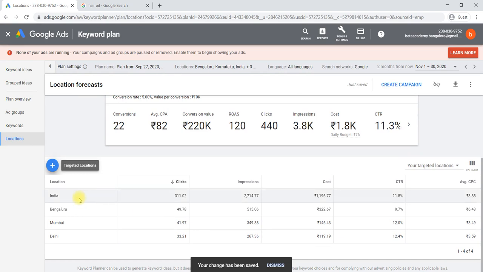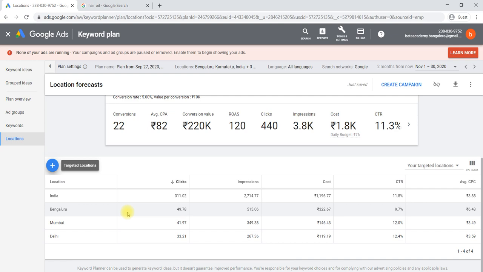Where exactly does which location have the highest clicks and highest impressions? We can compare them. City-wise we can compare which city has the highest clicks and which city has the highest impressions for whatever keywords we have in the plan.